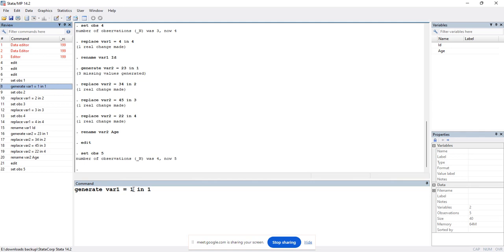I'm not generating variable 1. I'm generating variable 5, which is equal to 5, because it's the variable we are generating. 5